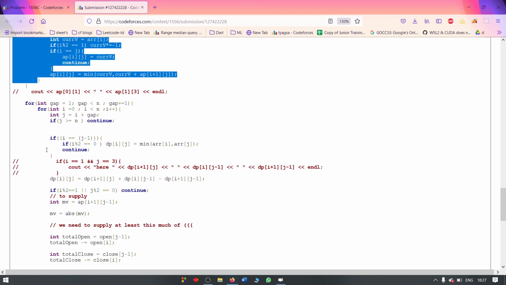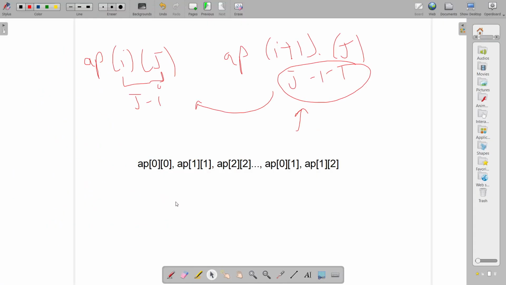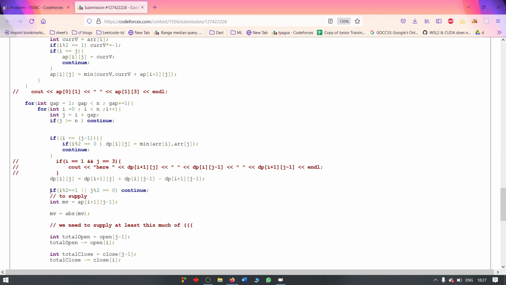Now, how the DP thing goes is, if you're trying to calculate DP of ij, then you will do this, like I said. Now, see, there were some other minor details which I did not discuss. For example, if you're finding DP of ij, and the ith index is not an index of closing brackets, it's an index of opening brackets. Then, see, this step you can always do, but then afterwards, the things that we did, for example, this calculation, can only be done if this one is opening and this one is closing. So this is basically a check for that.